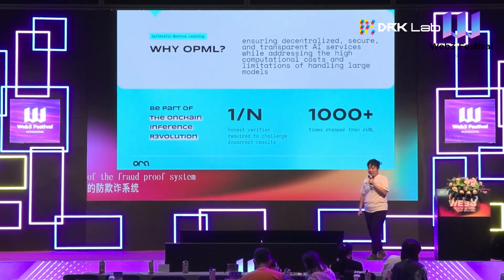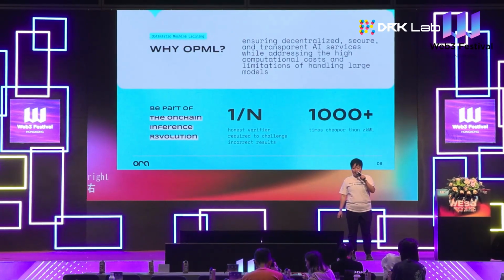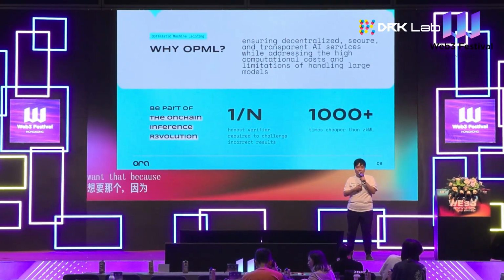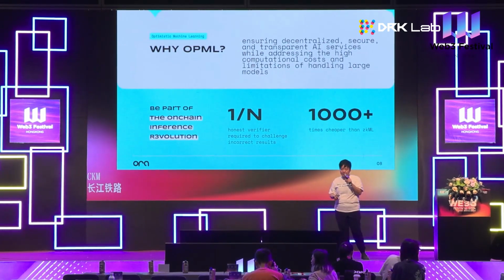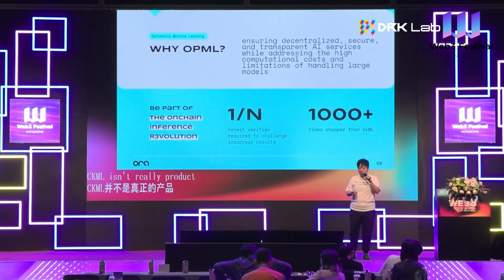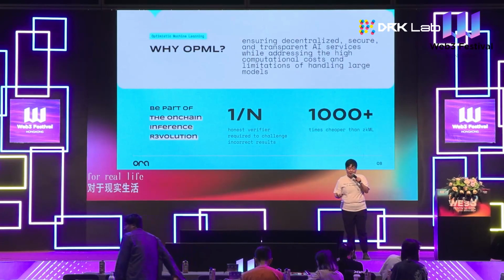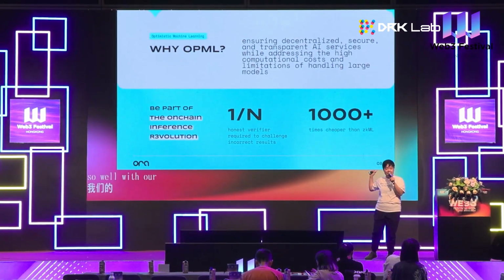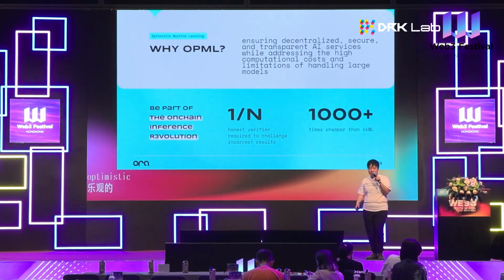Right, so why would we want that? We want that because, well, first of all, zkML isn't really production ready for real-life models that we want to use. So with OPML, with optimistic machine learning, it's at least 1,000 times cheaper than zkML. It also only takes